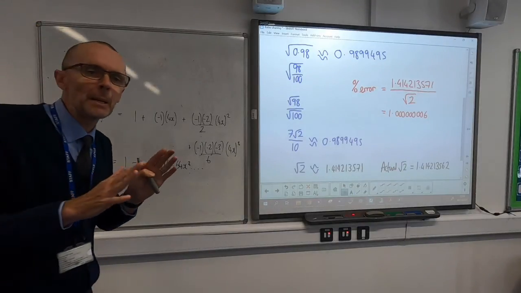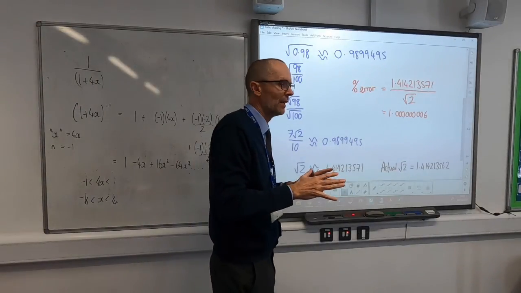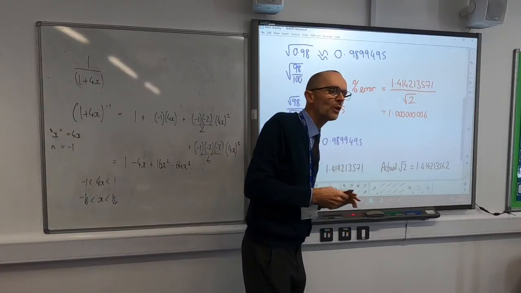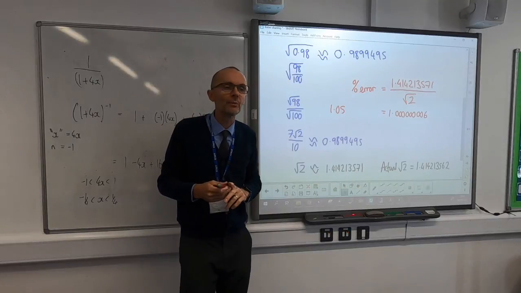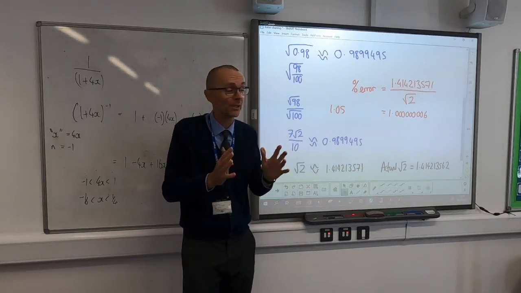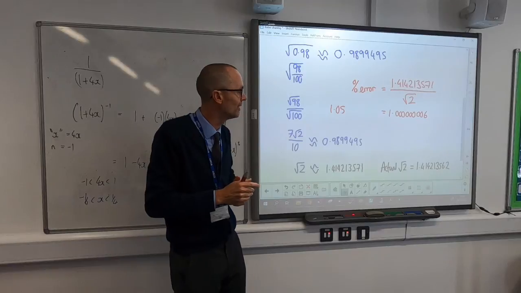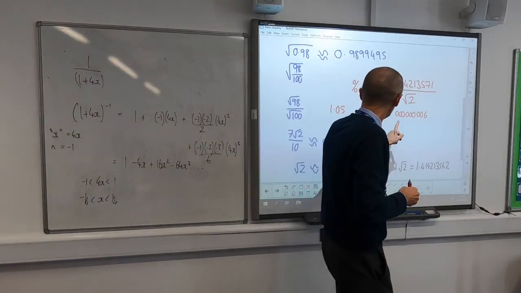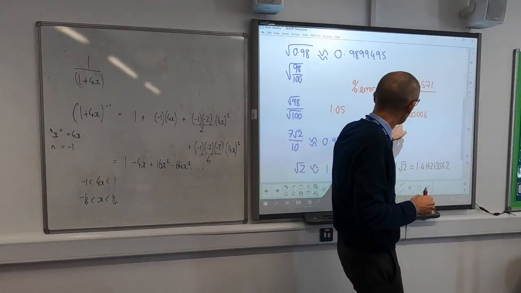Now that's the multiplier. Now of course we haven't done percentages for a while, but if you'd got 1.05, you would have known that was a 5% increase, so it's a 5% percentage error. So what's this as a percentage error? Well, that would be 1%, so I've got